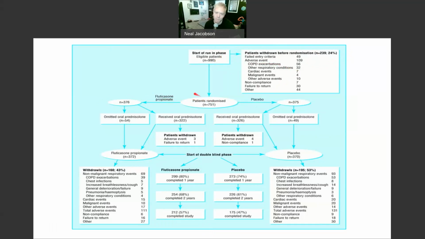So then they randomize people. They say, okay, you guys go in the treatment group, you guys go in the placebo. They gave some tests to them. They gave them some prednisone. The ones that received prednisone, some of them had to withdraw because they had a reaction to prednisone, which is kind of crazy. And then the ones that didn't have a reaction to prednisone ended up getting the treatment, and the ones that didn't react to prednisone in the placebo group, they received the placebo.